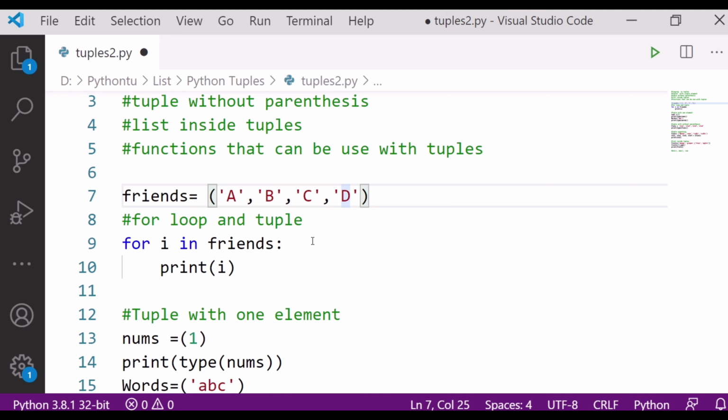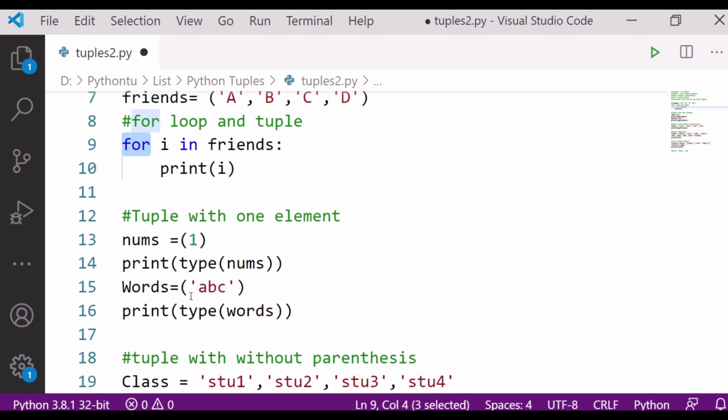So if I have to use a for loop in this tuple, how will I write it? I will simply say for I in friends, print I. Let's see what the output would be.